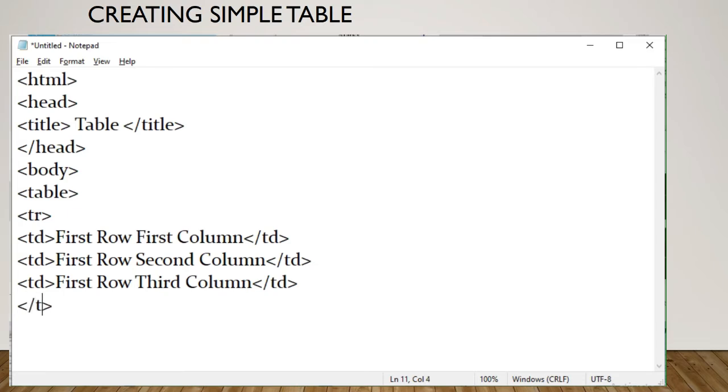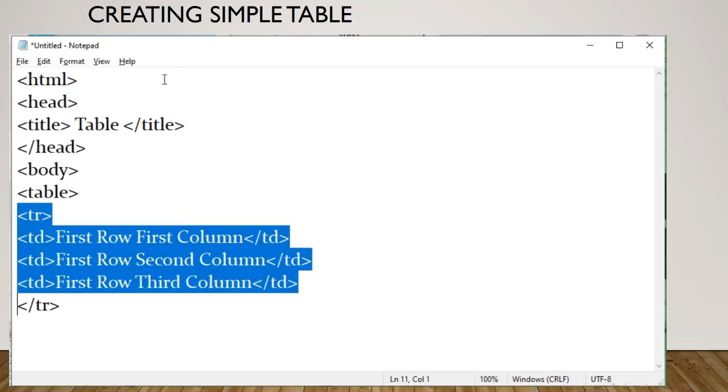Now the same structure we are copying and pasting to create a second row.